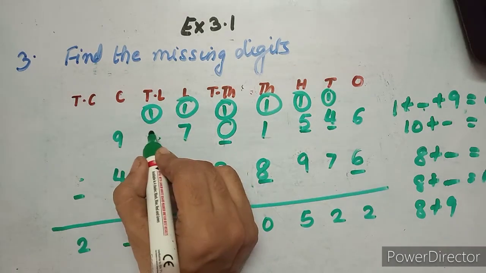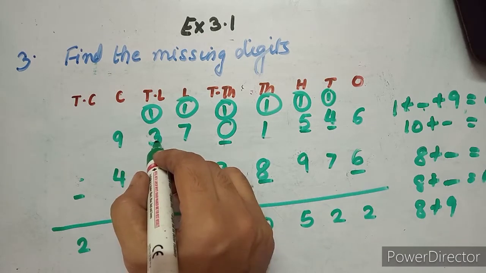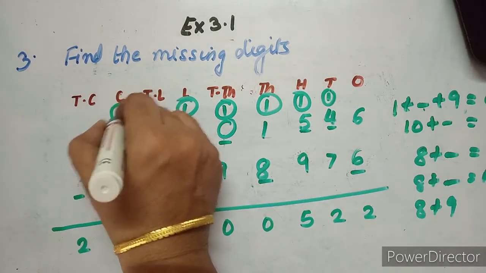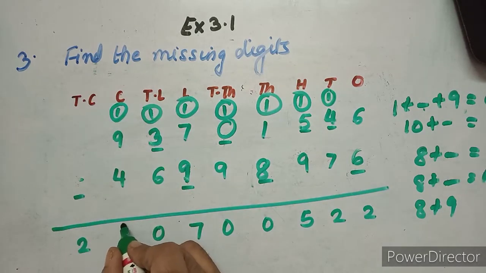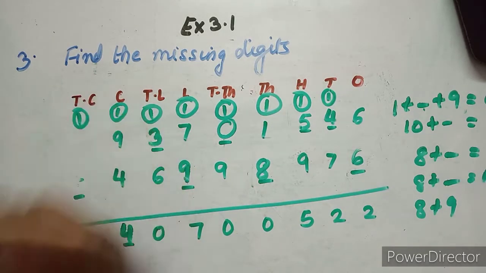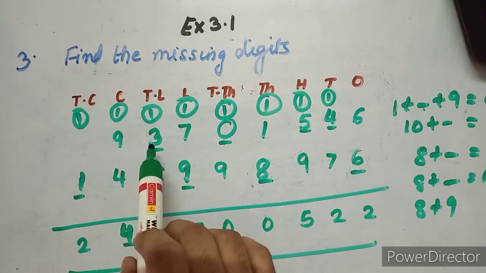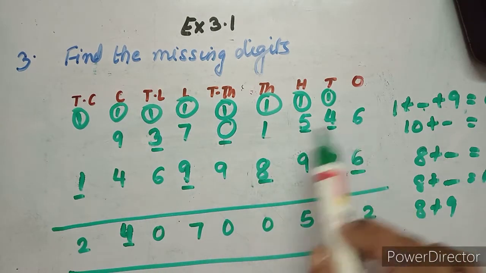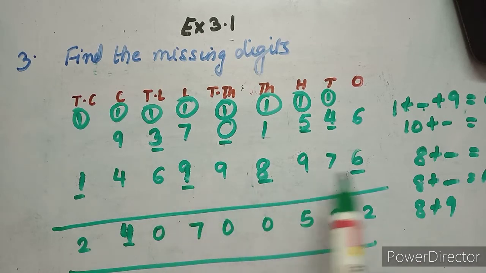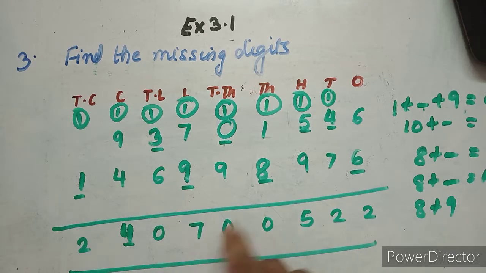That means if you write here 3, so 6 plus 3 is 9 plus 1 is 10. So 1, here 14. So you need to write here 14 and again 1. So 1 plus 1 is your 2. So you get all the blank digits. Okay, so first blank is 3, 0, 5, 4, and here you have 1, 9, 8, 6, and your sum blank has 4. Okay, so like that you have to do the missing number problems.